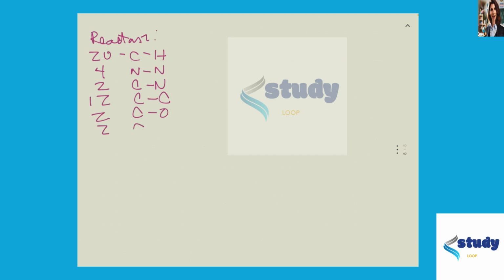For a reactant, we have 20 CH bonds, four NH bonds, 2 CN bonds, 12 CC bonds, 2 C single bond O, 2 C double bond O, and 2 OH bonds. And for the products,